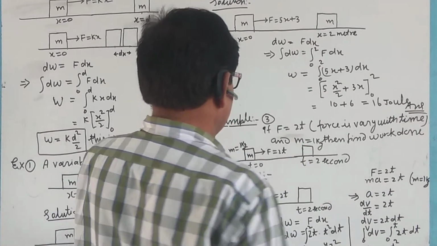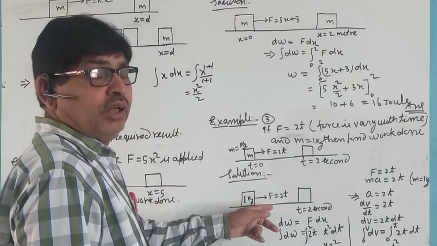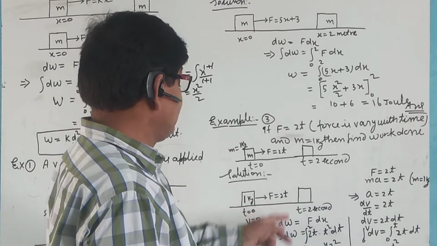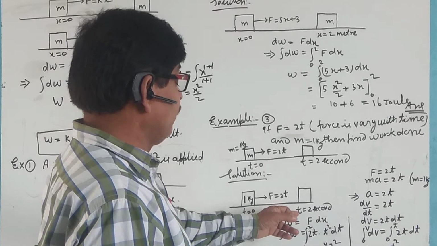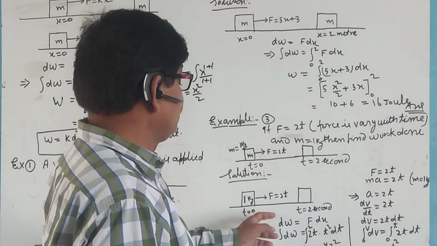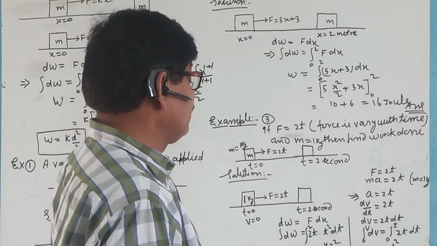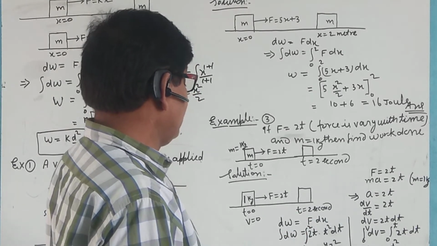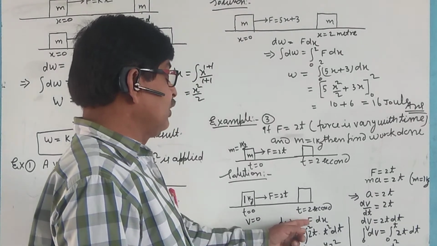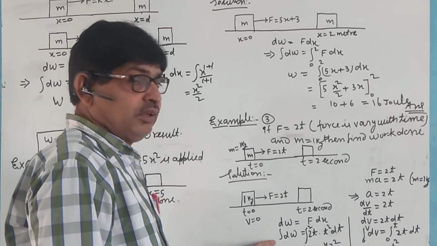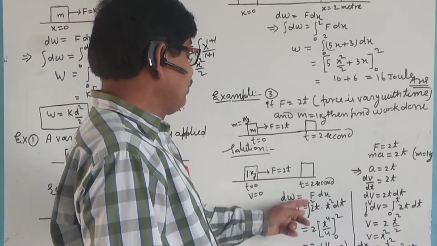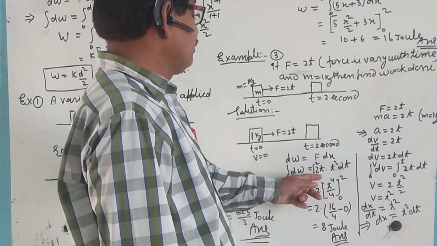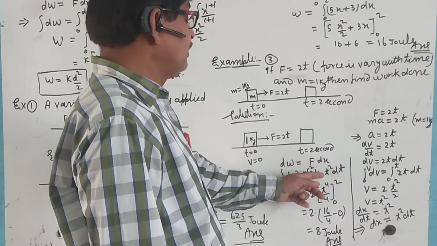Mass m is equal to 1 kg and force F is applied at time t equal to 0. Calculate the work done from t equal to 0 to 2 seconds. Now we know that dW is equal to F dx. Integration of dW from time 0 to 2, where F is equal to 2t and dx is equal to